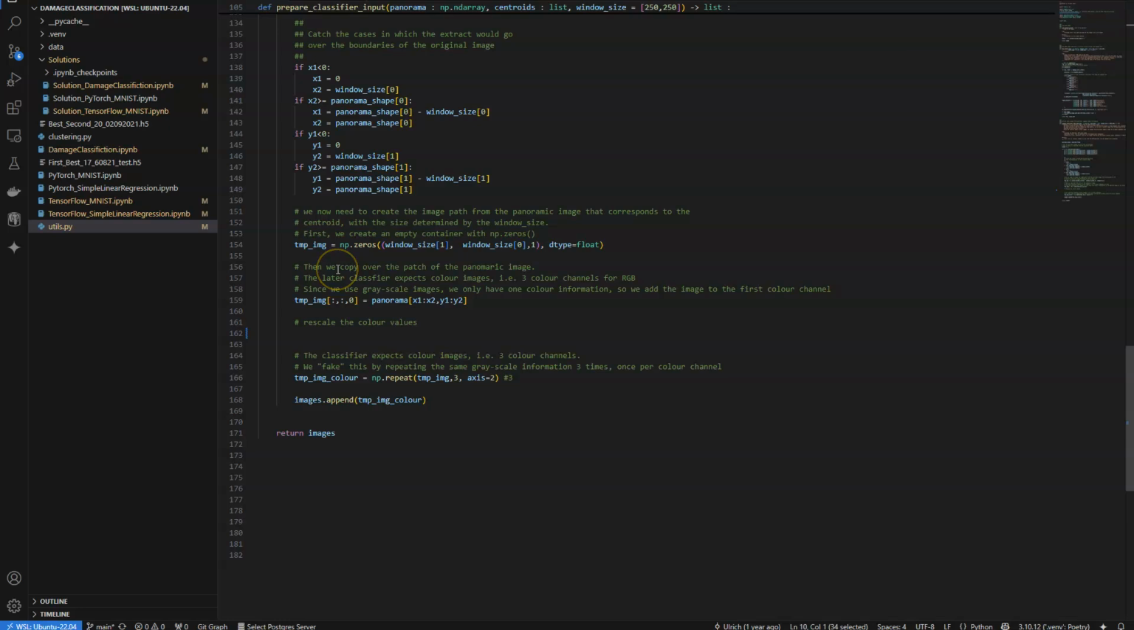Because we have grayscale images from the electron microscope, but the networks that we use are naturally based on color images, we sort of need to copy over this information 3 times. So the color image is 1 channel, but we need 3 channels for a color image. So essentially we take our temporary image that we cut out from the panoramic image with a small window size and put this 3 times in there to sort of fake that we have a color image, but each color has the same